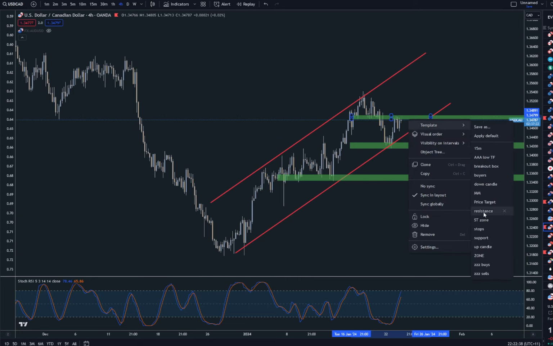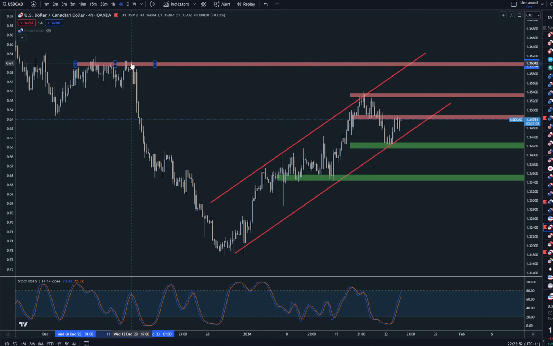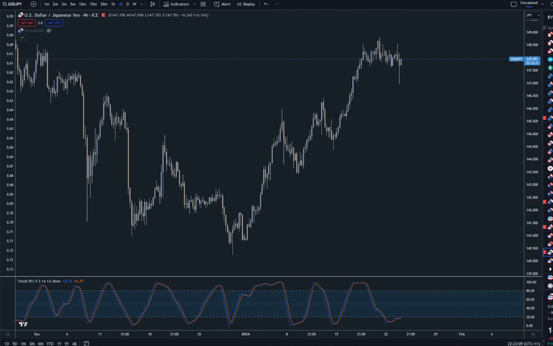So if we make this one a resistance here, up above that we're looking for probably a major breakout continuation of this channel. This would be pushing us up towards the top side of the channel here. As I said, you could probably look left over here and find some resistance coming in line with 103.60, somewhat of like this pattern across here. Moving on, we've got